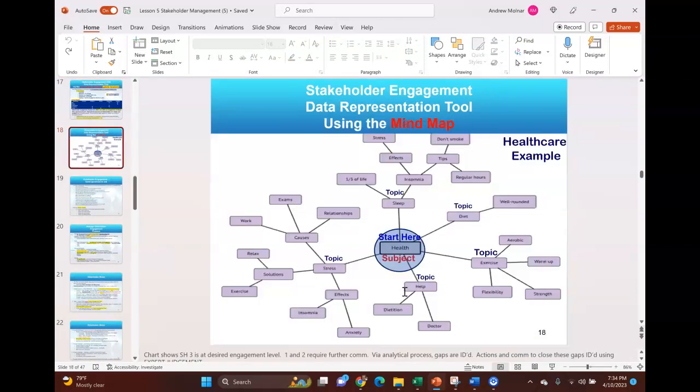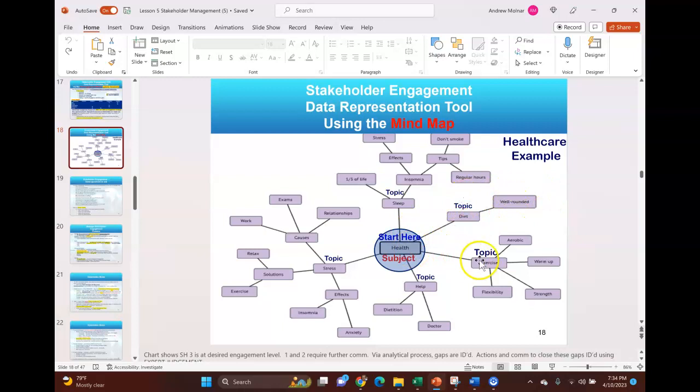Now, when I'm identifying stakeholders, there are lots of things I can do, and one of them is to use a mind map. In a mind map, you put the topic, the question at hand, right in the center, and you start drawing lines off of that that make sense. Of course, this is a brainstorming activity with your team or other stakeholders. So let's take health, for example. Well, okay, what makes good health? That's the question. Well, sleep, got it. Low stress, got it. People that can help you. Maybe exercise, diet.